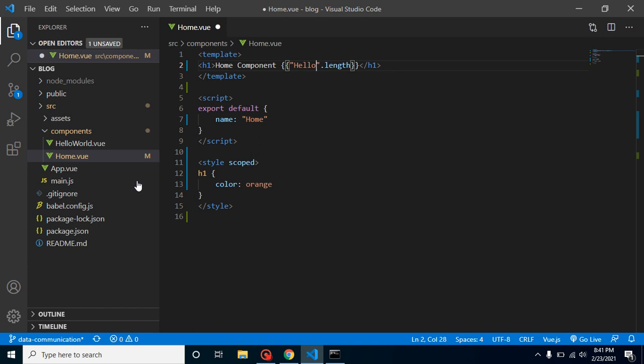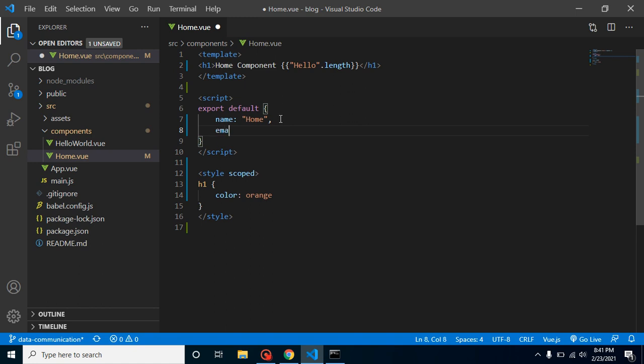So that's okay. Now the next thing is how we can pass data from script to the HTML tag and how we can use it. Obviously we can use it with interpolation, but how can we pass data? So let's try. I have an email property here, and it has an email address, anil@test.com.